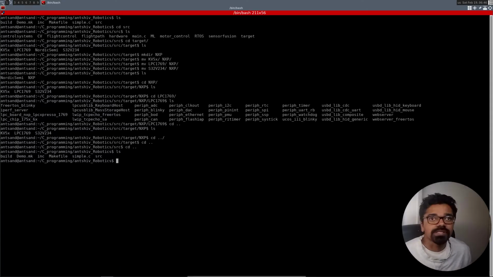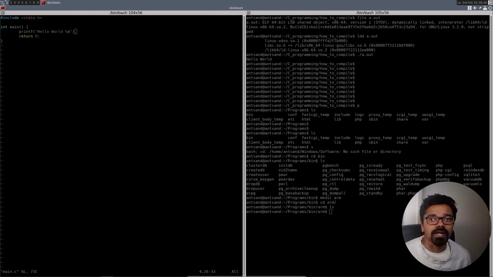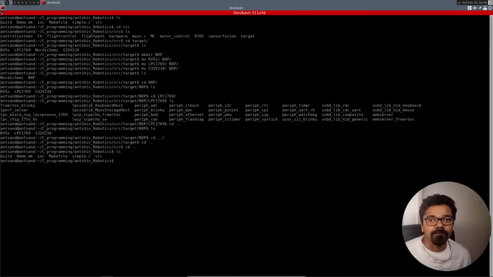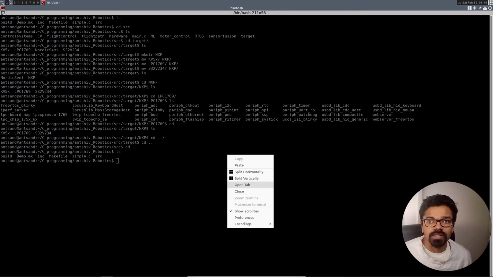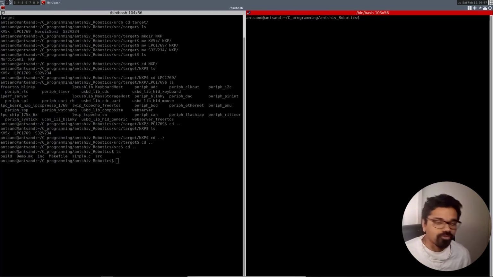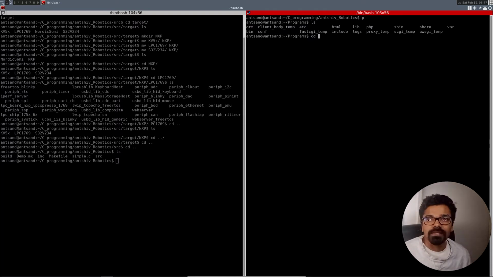I go to my Linux machine, and then under here, I've downloaded everything. I download the file and I unarchive it. And I basically installed it under my programs directory. This is a private directory that I've created. Generally, this is how I organize my code. And what I have over here is an ARM folder. Generally I create a directory called programs, where one of the things that I do with